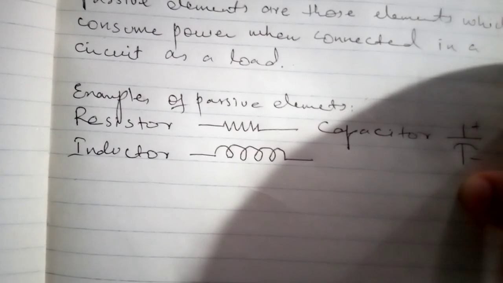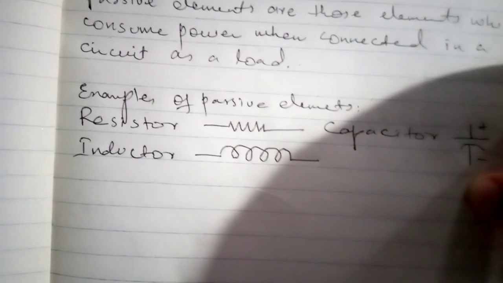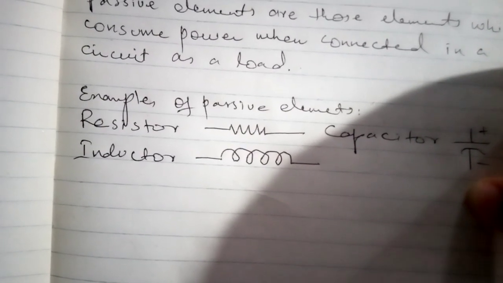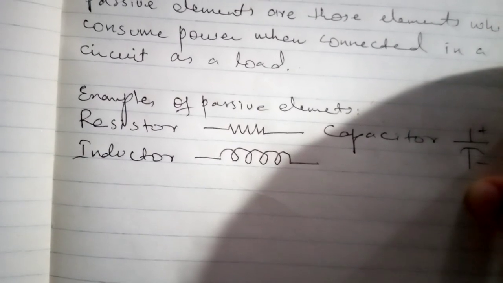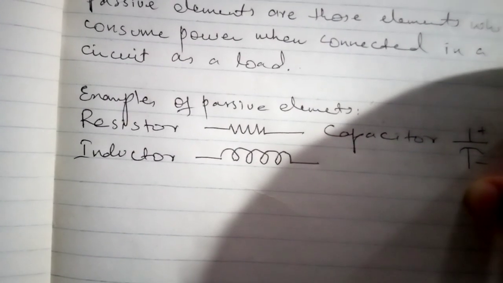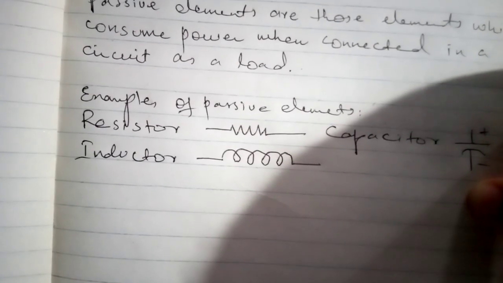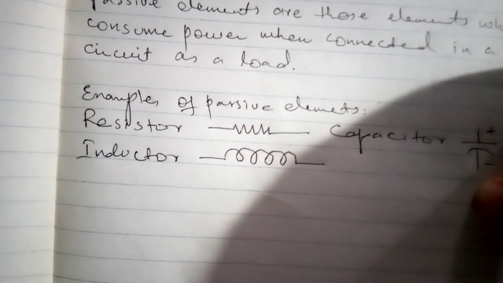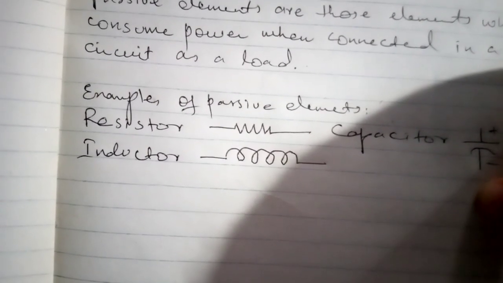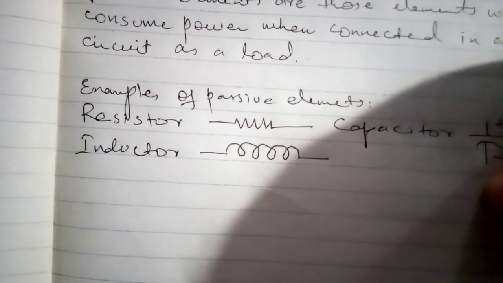And each and every material, either it is a conductor or an insulator or a semiconductor, has its own resistance naturally, or we can increase or decrease the resistance of a material artificially when we are working on it in an industry. By nature, conductors are those materials which are good conductors of electric current, i.e., they have no hindrance in the flow of electric current. They allow the full magnitude of current to pass through them. So the resistance of conductors is very minute. The resistance of a conductor is very less.